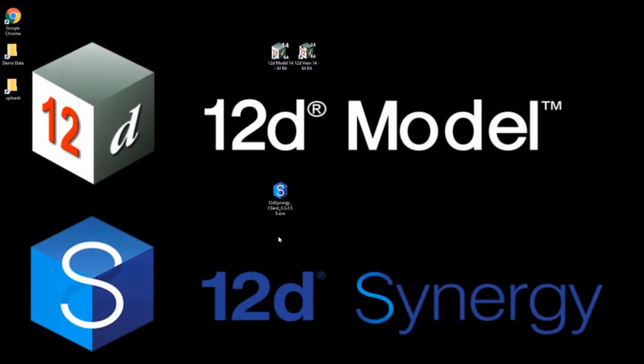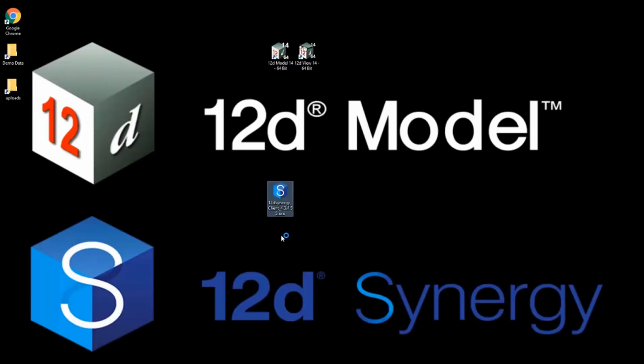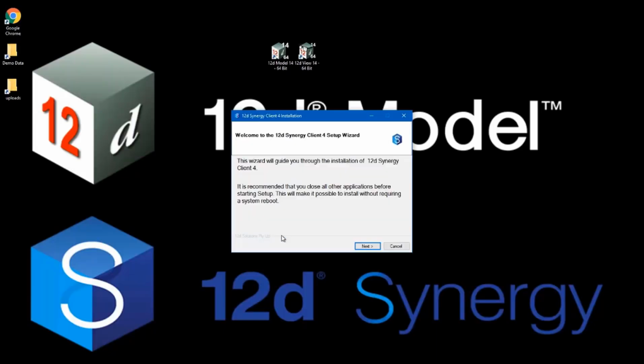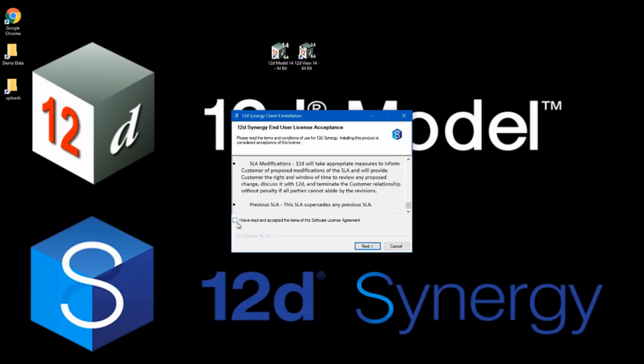Once you have downloaded the 12D Synergy Installer application to your machine, double-click on the icon. Allow the application to make changes to your machine. The installer wizard will run. Click Next to continue. Once you have read and understood the end-user license agreement, tick the Read and Accept option,